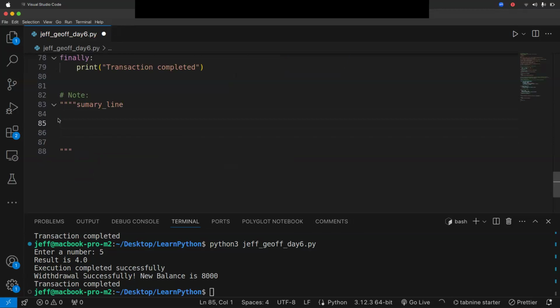Note. So defining a custom exception, what you do, you just need to use the class, and then the custom error.